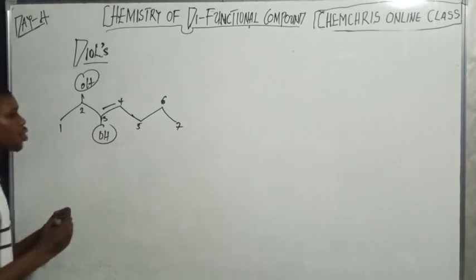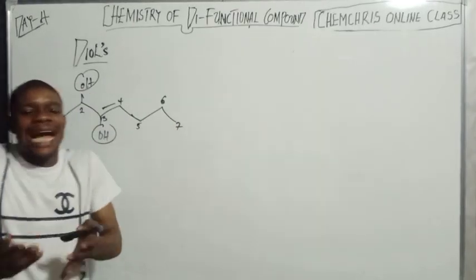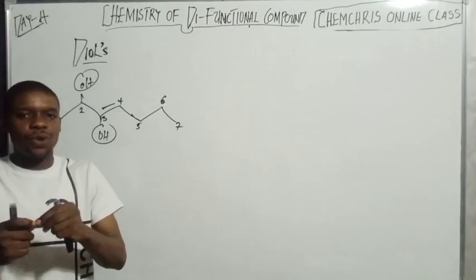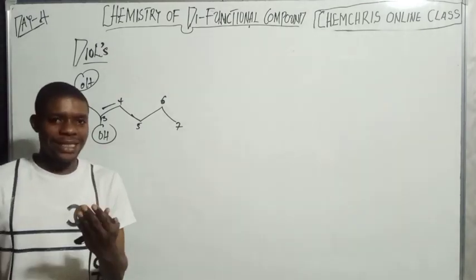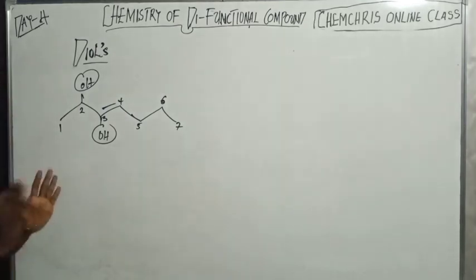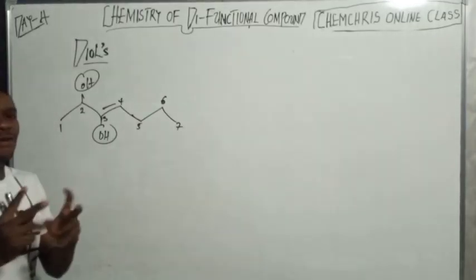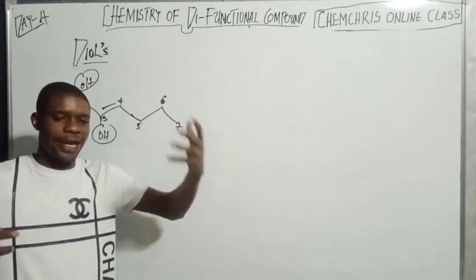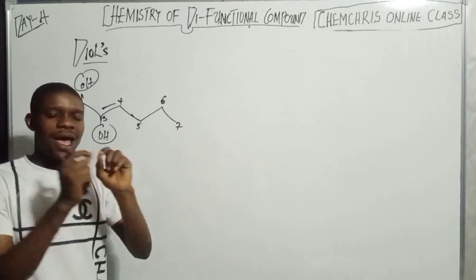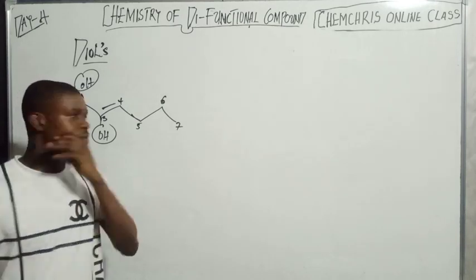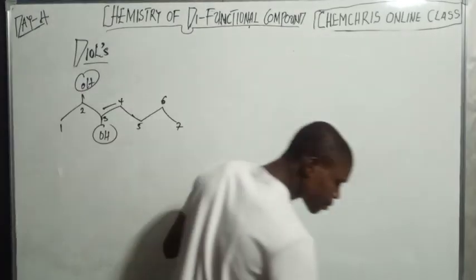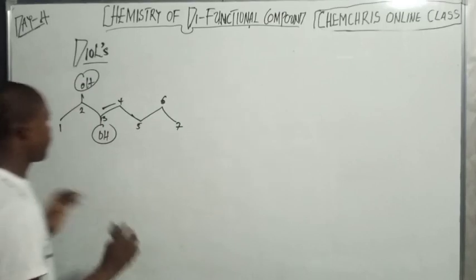Okay, so now the question is how can we incorporate the diol and the alkene, the double bond? How do you incorporate it? It's very easy. Let me show you a simple format here, because here we have 2 key functional groups: the OH, which is the diol, and the alkene, which is the ENE. So to name that, therefore,